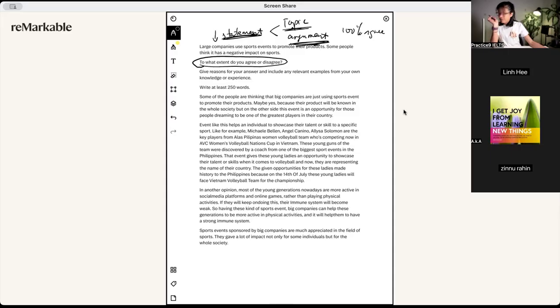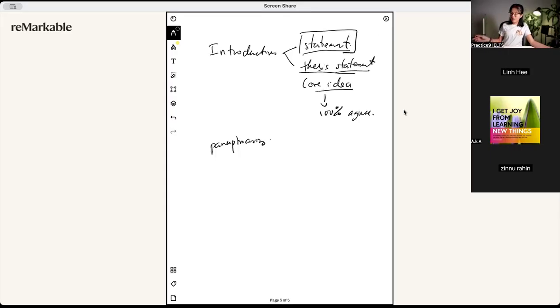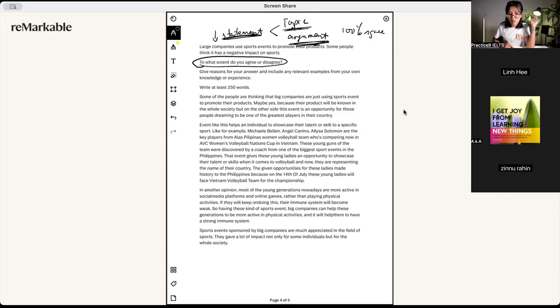Okay, so the statement over here is a paraphrased version of the statement that you get from the task. And then you have the core idea, which basically says, okay, you agree or you disagree with the statement. So my core idea is that I 100% agree. It's up to you guys, okay? I'm not going to get into your head and ask you anything. So knowing the structure of this, let's go back to the essay over here